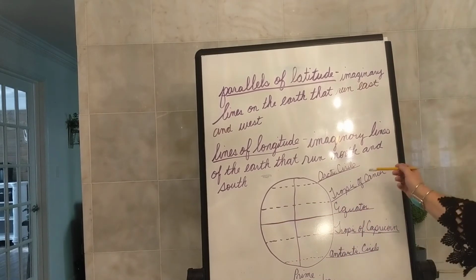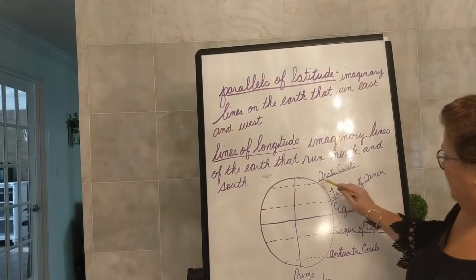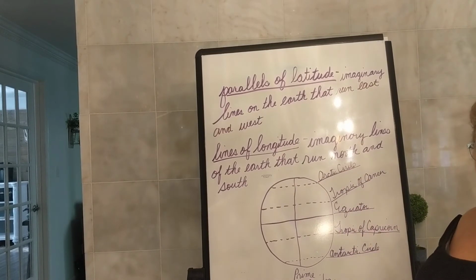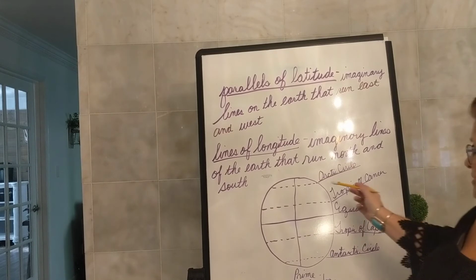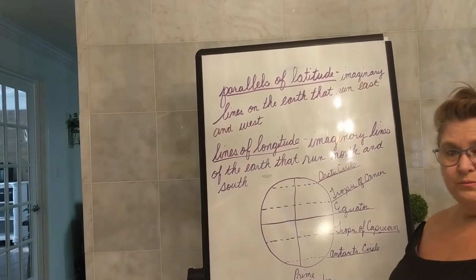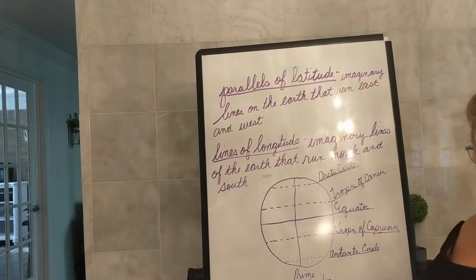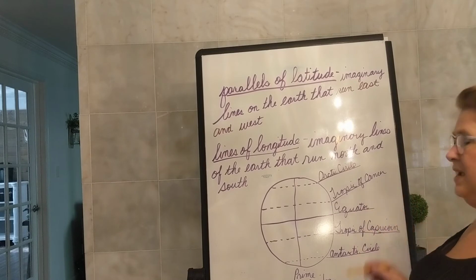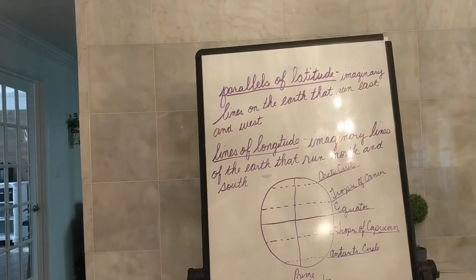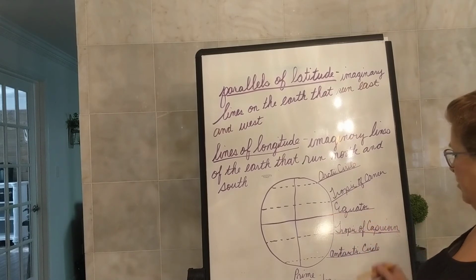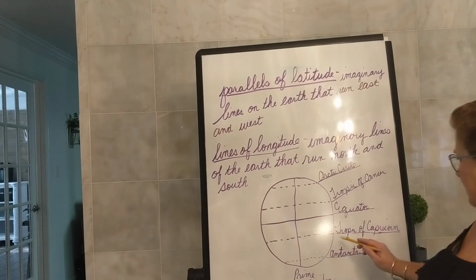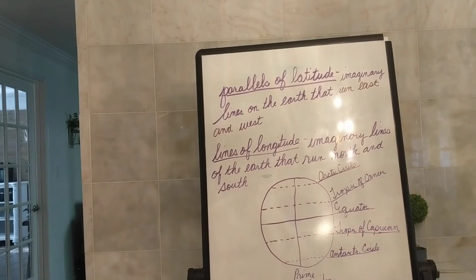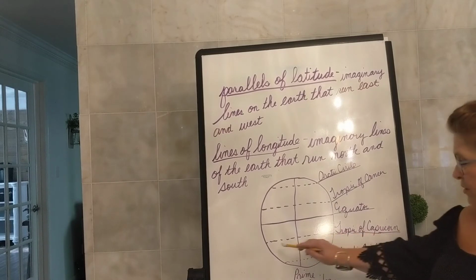And now let's start at the top. So up here at the top, we have the Arctic Circle. That parallel of latitude is the Arctic Circle. Label it on your map. Under the Arctic Circle, we have the Tropic of Cancer. Tropic of Cancer. Remember, you can pause the video whenever you need to. Then we have our equator. We already labeled that one. After that, we have the Tropic of Capricorn. Tropic of Capricorn is this